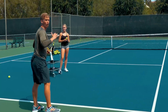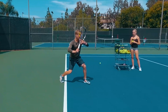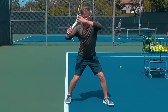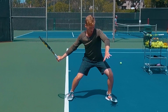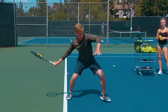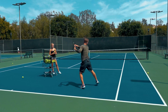Phase number 1 of the shot, on all shots, you wanna land a wide aggressive split step just like that. Then you wanna take out steps to the ball with a unit turn, getting set into that neutral or that closed stance. From there, what you wanna do is execute your backswing, shift your weight onto your front leg, drive up off of that front leg, super key for consistency and power, making sure that you always have the leg drive as you're accelerating. Lastly, driving the leg, rotating, you're gonna get that flip, pivot around and swing, all together